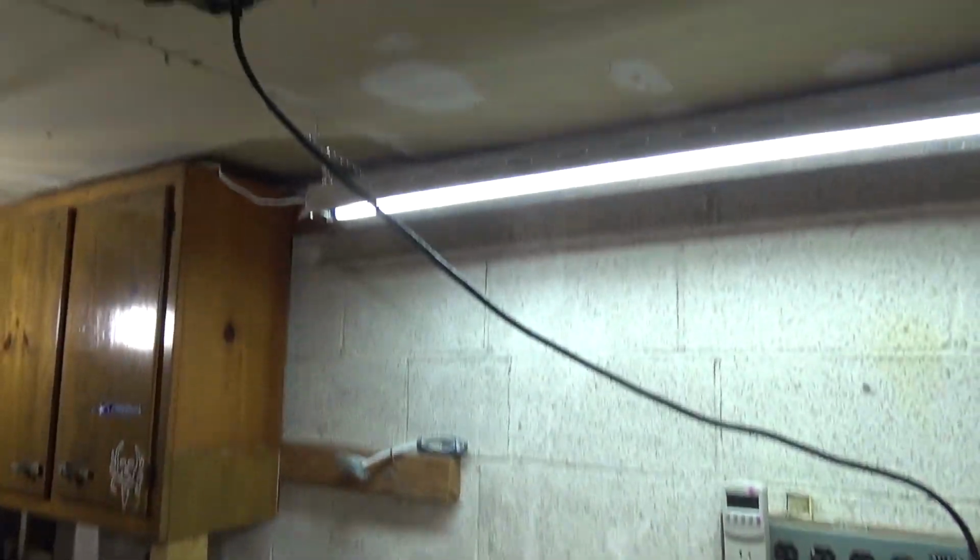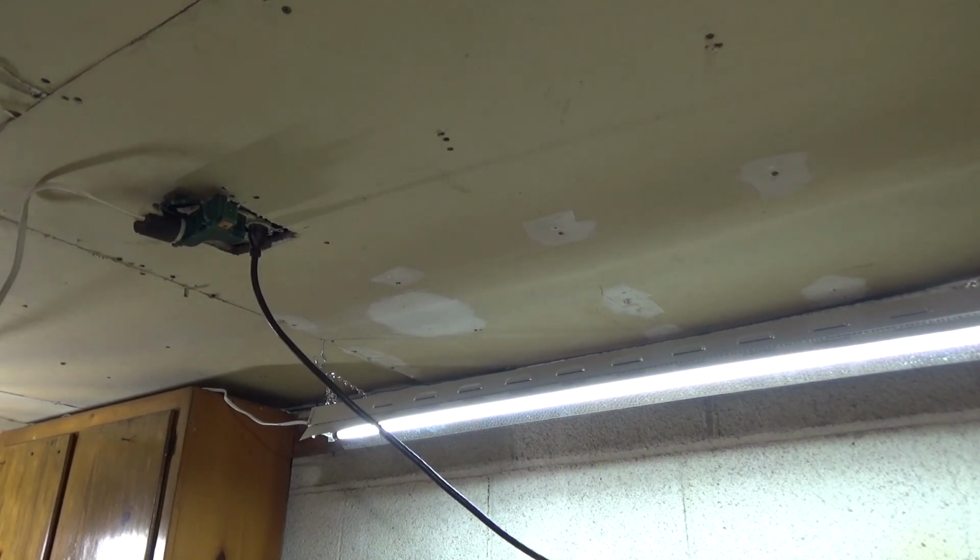But I think that I'm going to take it off because I know there have been mice in here in the past. Some of these panels are just covered in mouse poop and droppings and who knows what else. So it's kind of a health and safety issue. So I really want to take all this drywall off and get rid of it, get rid of the insulation, clean the ceiling, and then